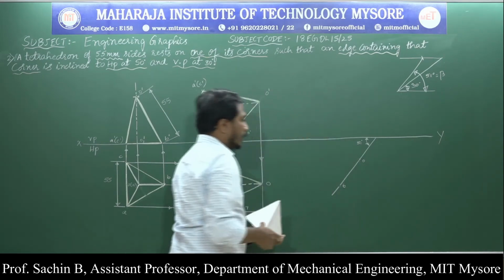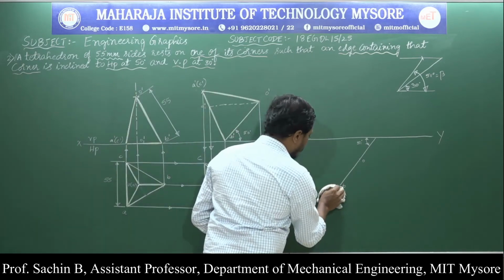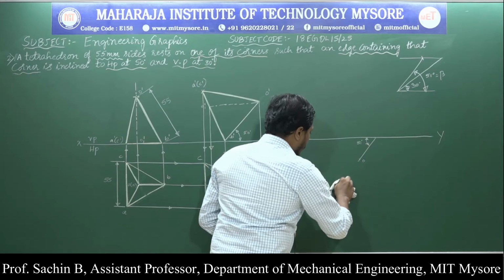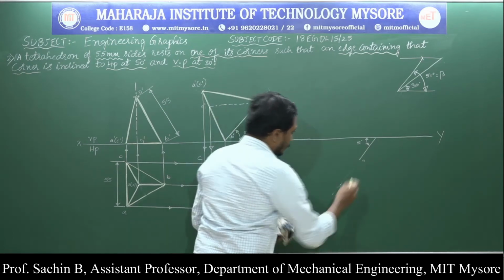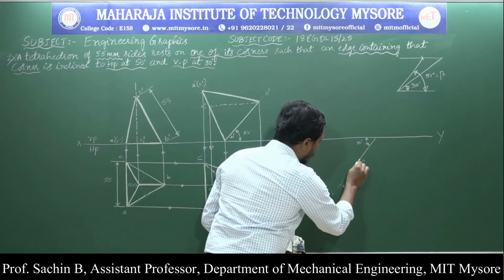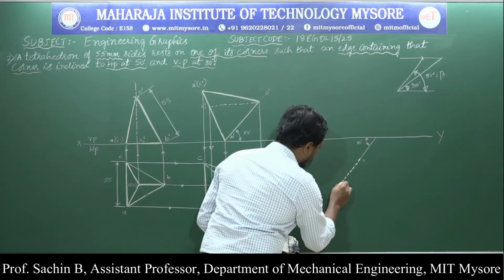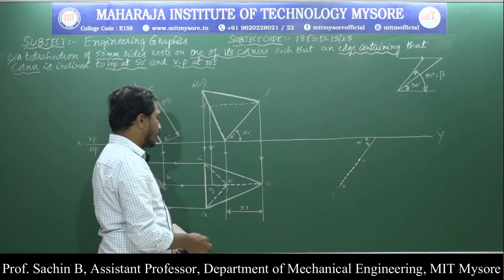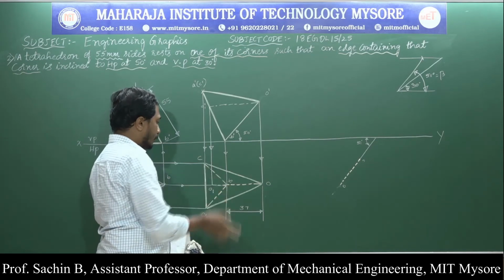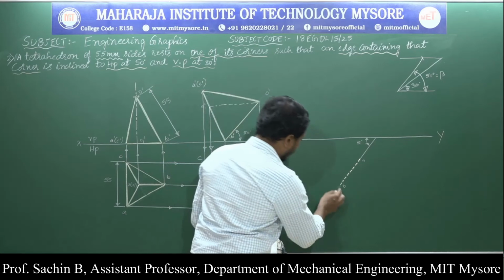Next, I will go for making a hidden edge for it. We already constructed that in the second position. I am drawing the hidden lines. Next, I will need the other corners. I will measure from B to C or from B to A. I will measure from B to C.